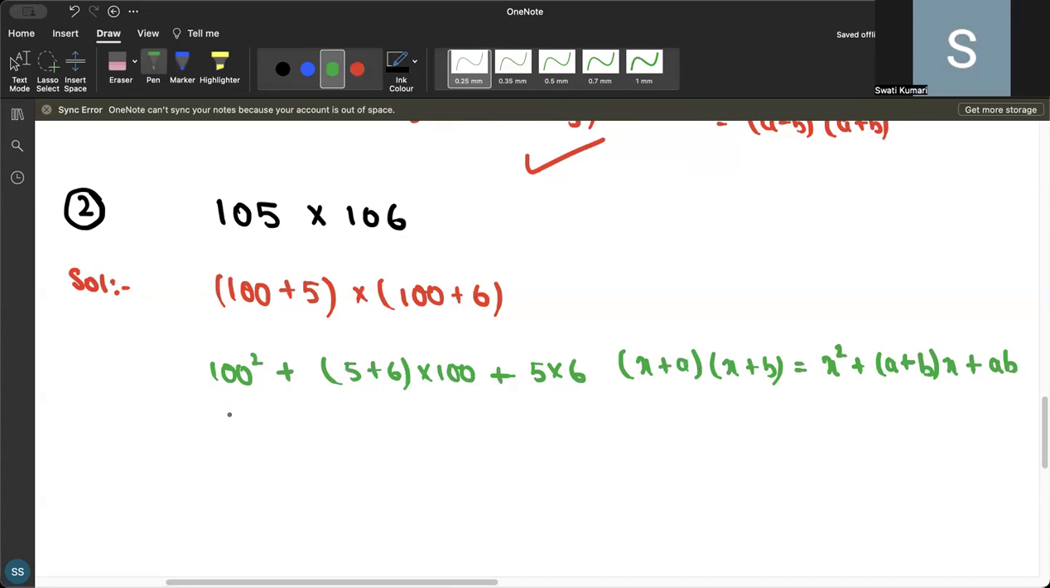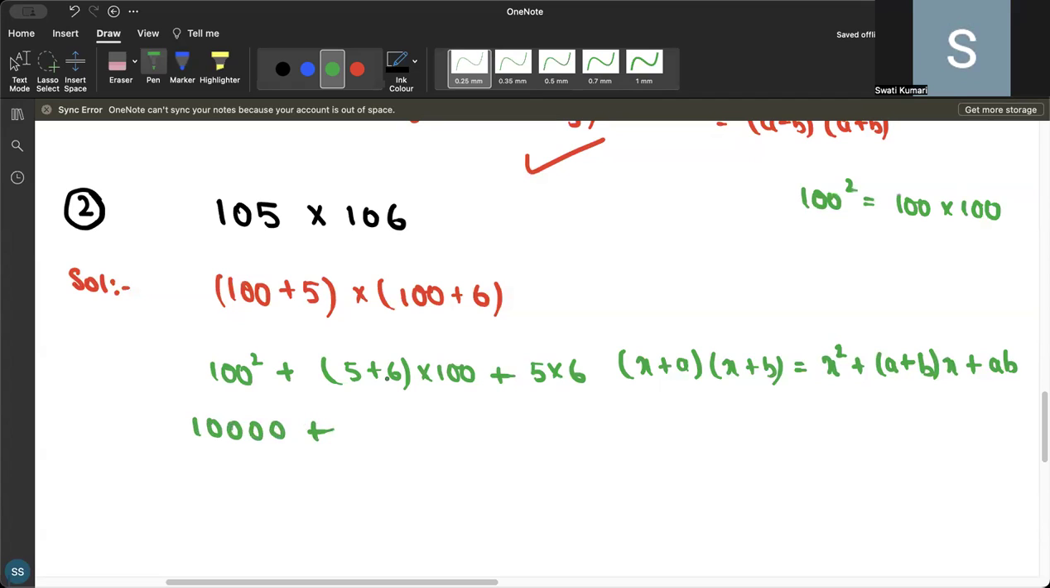So what is 100 square? If you're thinking 100 square is 200, you're wrong. Please don't do that. Why am I saying all these things? Because I have seen students answering 100 square is 200. 100 square does not mean 2 into 100. 100 square means 100 times 100. The same number is getting multiplied 2 times. So it will become 10,000 plus